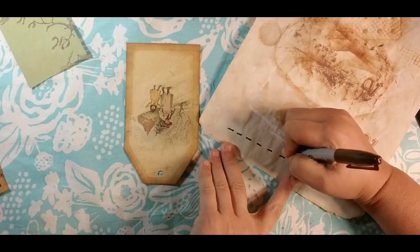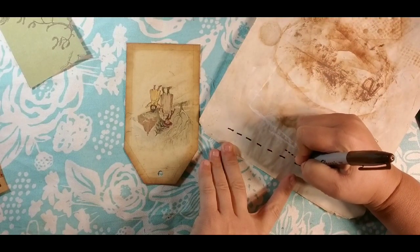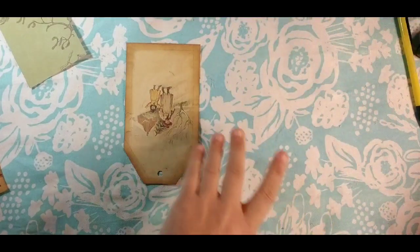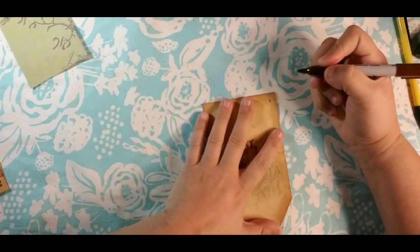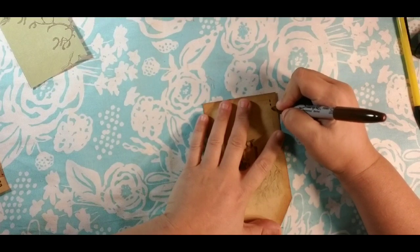But I'm going to do them really small, like this. So it's going to have the look of the thread popping through. And it's not a lot to it. Let me make sure I'm at, yeah. And I just sort of,